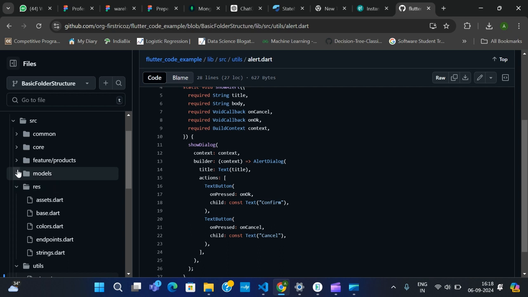And there are also folders for features and models. If you want models separate, you can make a separate folder. If you want models in features, there are features like product, author, chat. So you can maintain models in features, meaning in product also. In features there is a product or chat. So you can maintain models in an MVC structure also, meaning in the product folder, you can place a model folder also. Okay,